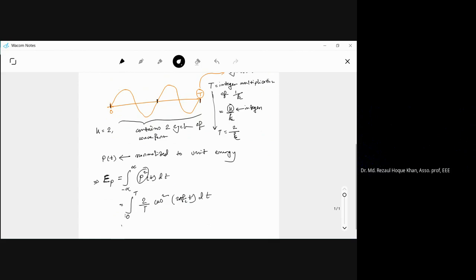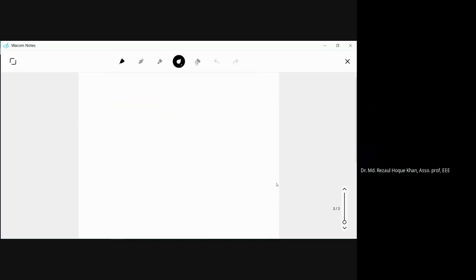how did it happen? It happens to be 2 cos squared theta. So we can find this format as 2 cos squared theta. You know how to solve it. 2 cos squared theta equals 1 plus cos 2 theta. So 1 plus cos 4 pi fc t, because there is no 2, so divide it by 2. We consider it extra, that's why. So this Ep will be